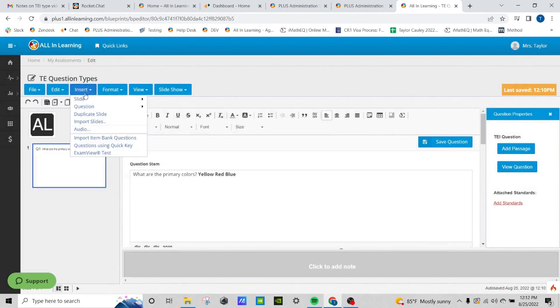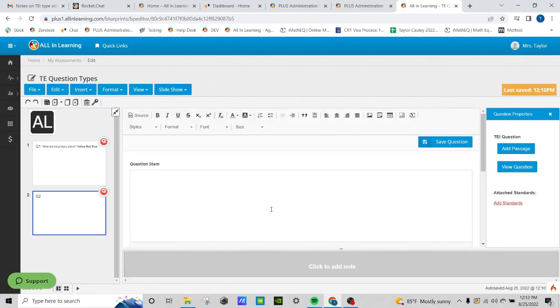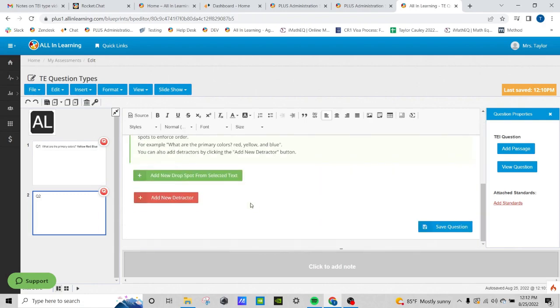Now to show the second type, we're going to follow the same process, select drag and drop question type. And now here we'll type in our question stem. We'll say list the following numbers from least to greatest. We'll say we have 1, we have 5, 8, 12, and 17. So we'll want to highlight our first answer option, and we're going to add a new drop spot from this